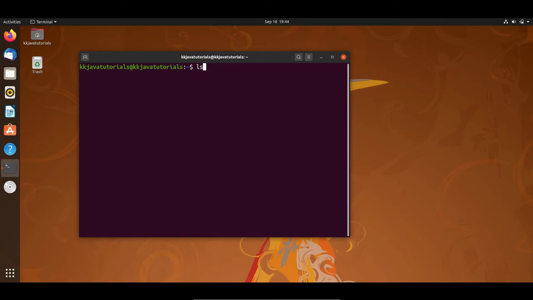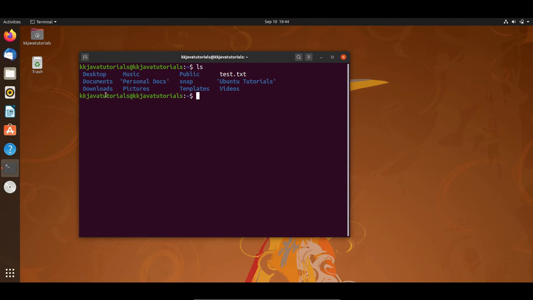If I press ls, meaning listing files, here you can see we have various directories as well as one file. Let's say I would like to query my downloads directory, which is in my home directory itself. Then I have a couple of choices. You can either type the absolute path, or you can type the relative path.